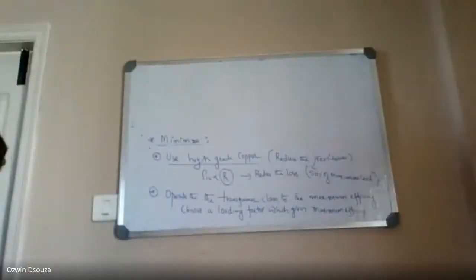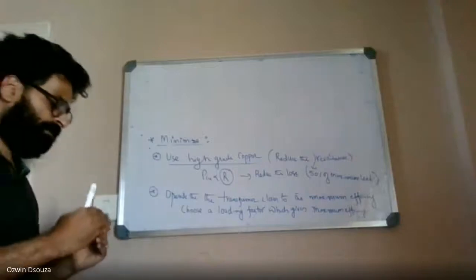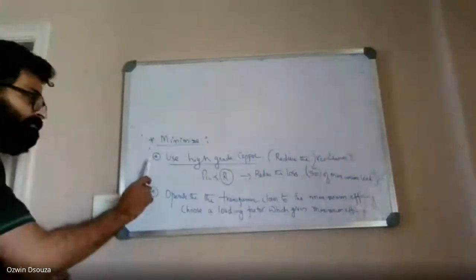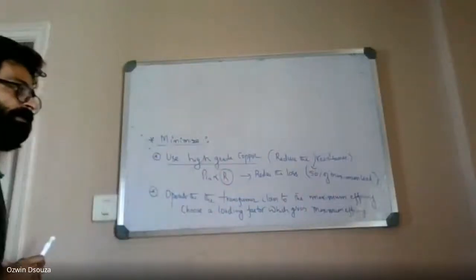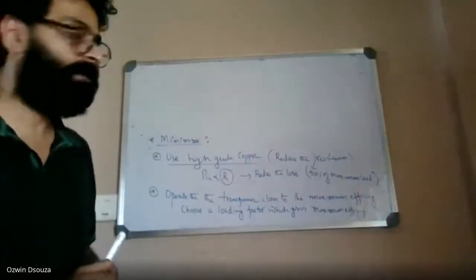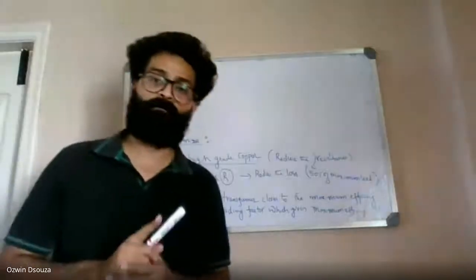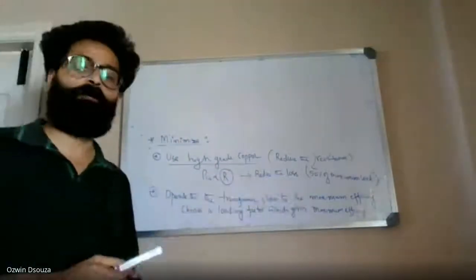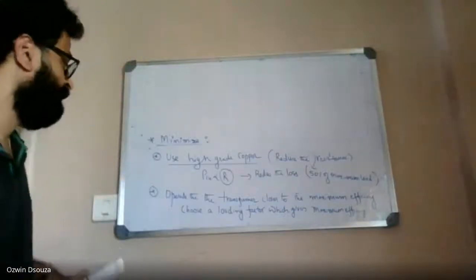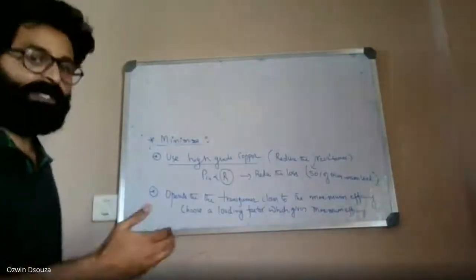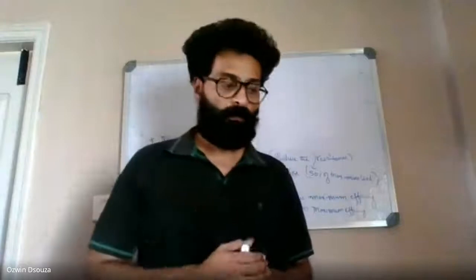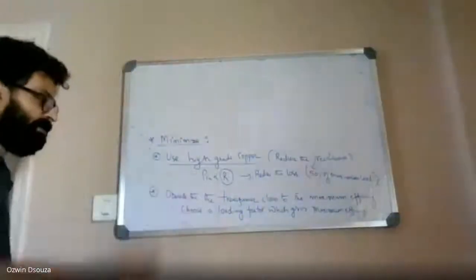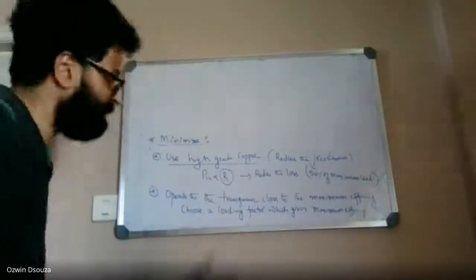So just to sum up quickly, the copper losses can be minimized using two different ways. The first way is to go for high grade copper winding. High grade copper winding will have lower resistance value. Lower resistance value will give you a lower copper loss value. The second way is to operate the transformer very close to its full load efficiency, so that may give you high efficiency as well.